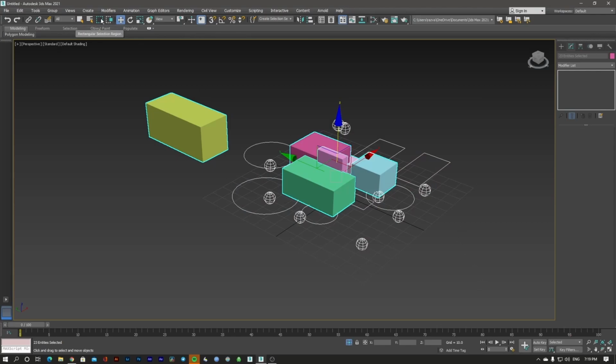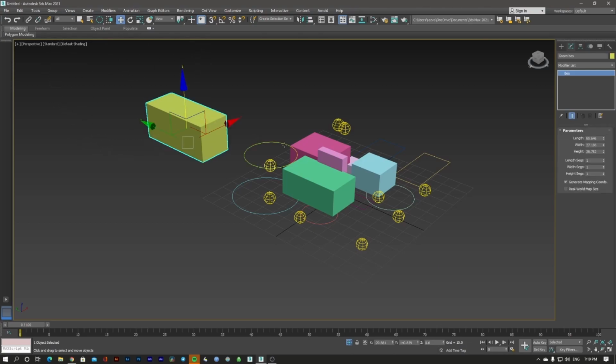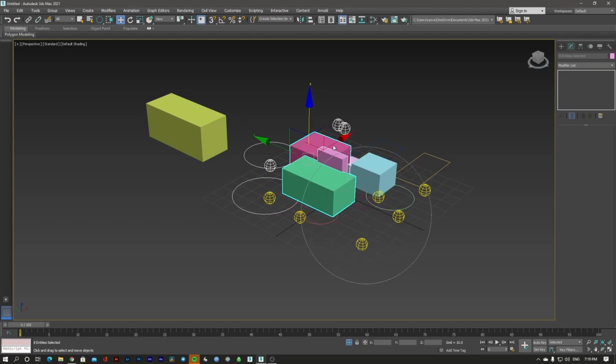The next one is rectangular selection region. When we make a selection, as you can see, it's a rectangular selection. And sometimes you don't want to do a rectangular selection. So if I click and keep the left mouse button clicked, I'm going to see that I can do different types of selections. For example, I'm going to choose the circle and now I can do a circle. This is working from the middle of the circle, and everything that is inside of the circle